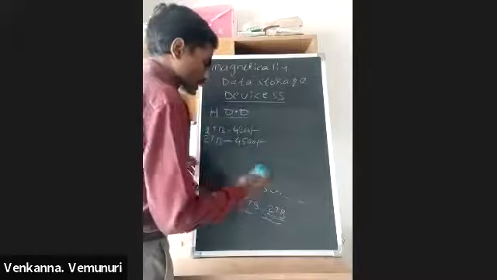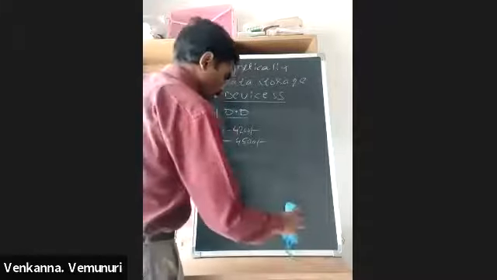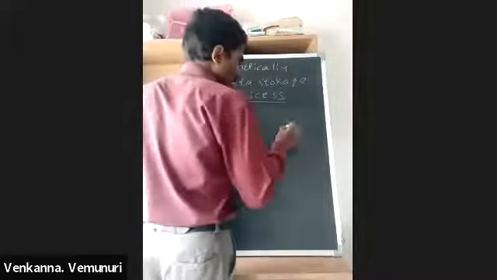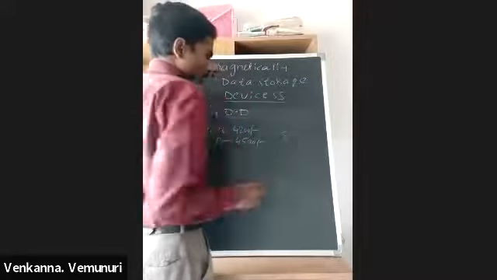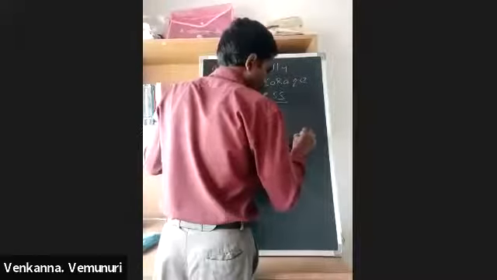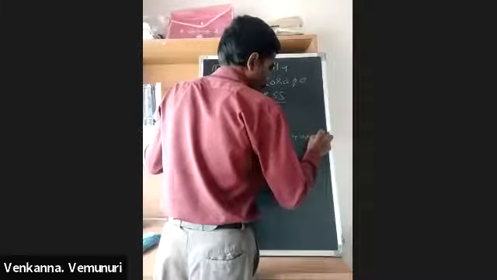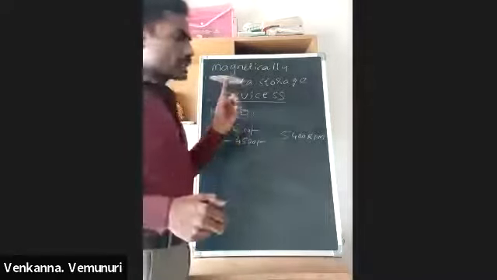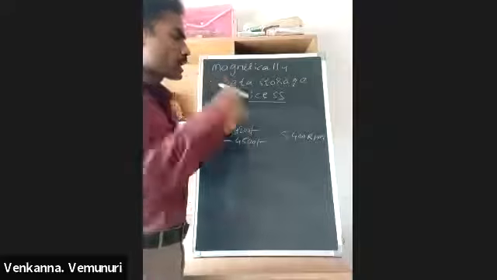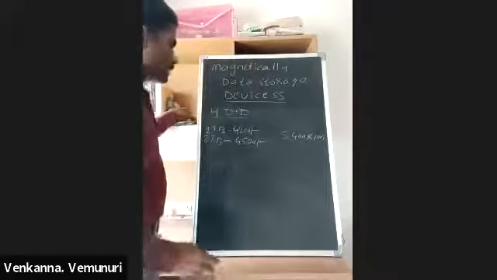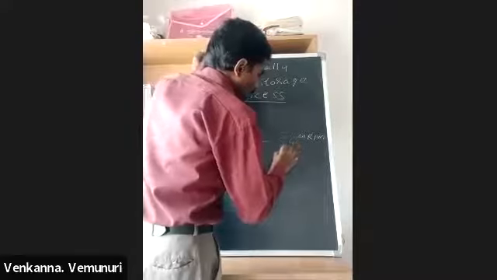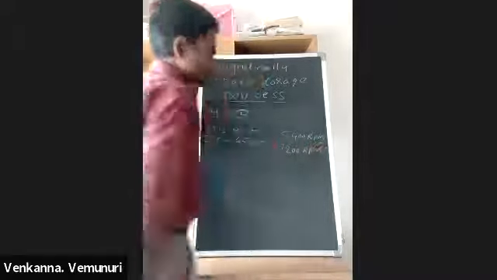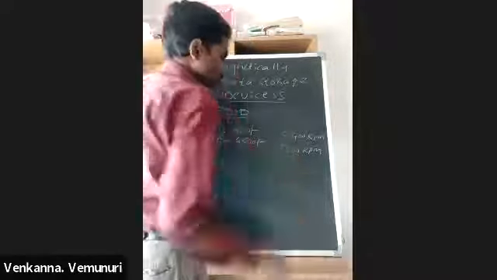These hard disks, for house purpose or general office purpose, we are using hard disk. This hard disk RPM in older days was 5,400 RPM, rotations per minute, means that platter. For example, this platter is rotating 5,400 rounds per minute. And presently the device we are using has an RPM of 7,200. Presently we are using 7,200 RPM.